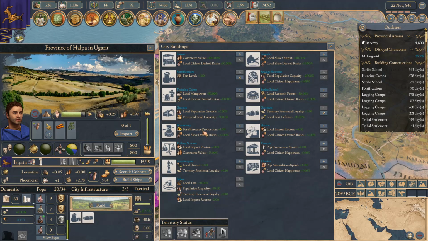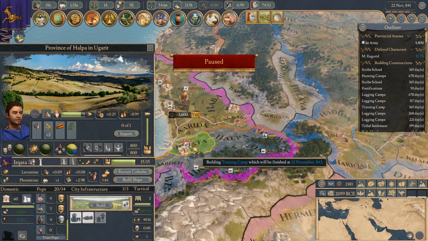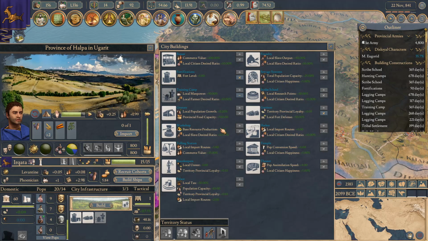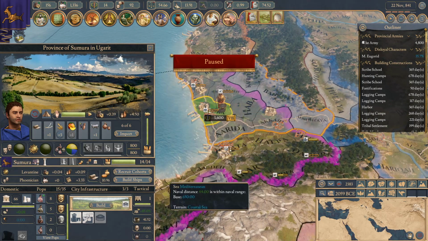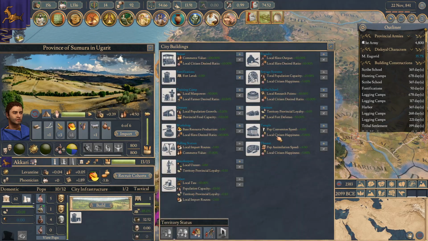Here we've got a garrison, and I'm going to go for training camp here. I'll go for training camp. Or should I have gone for a harbour? You know what? I'm going to get rid of that training camp. I'm going to go for a harbour. It's the province capital. We want a harbour on it. What I'll do is here we'll go for the...